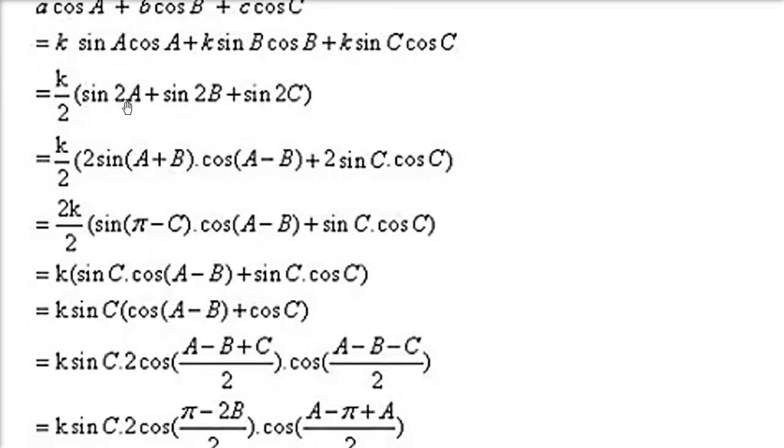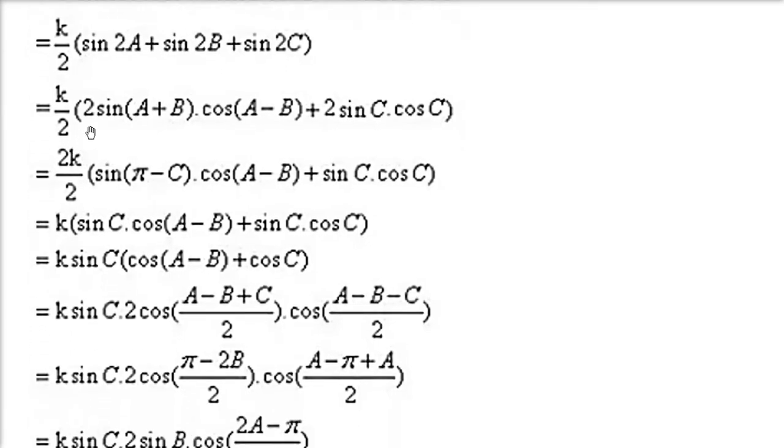Now here, take these two. There is no point doing this with sin 2c, because we are going to use it as it is. So for sin 2a plus sin 2b, use the formula of sin c plus sin d. So you get sin (2a plus 2b)/2, that is 2 into (a plus b)/2, which is a plus b only. And here what do you get? Cos (2a minus 2b)/2, which is going to be cos (a minus b).